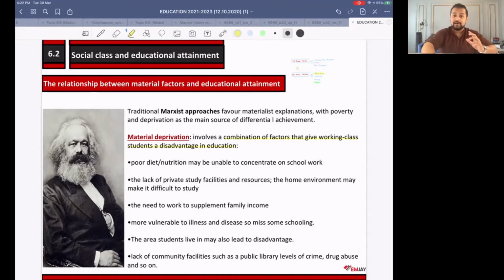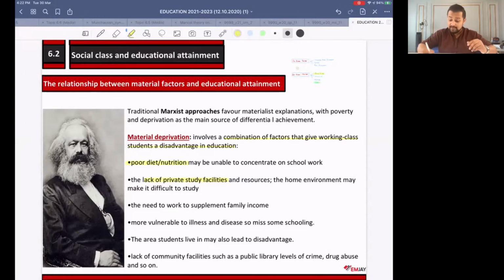However, if you speak about pupils from the working class, it might not be possible for their parents to even provide them adequate food that has all the nutrition in it. That could be factor number one. Number two, a lack of private study facility. All of you have a place at home where you can sit and study. If not anything else, you'd have a drawing room that you could occupy and concentrate. What about someone who has a family of 8 people and they live in 2 rooms? Do you think it would be possible for them?